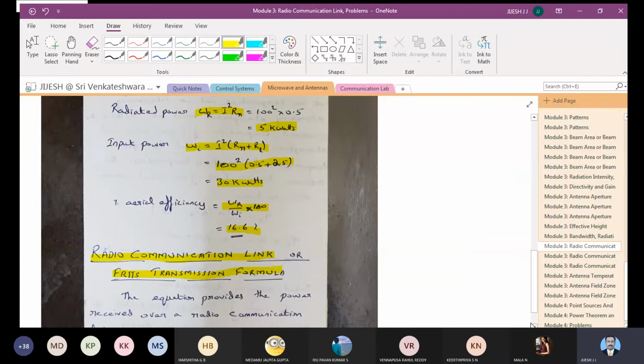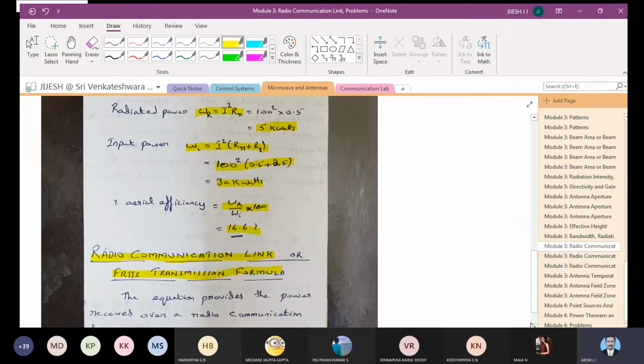So we have an equation in order to find out how much power is getting radiated. See, you have a transmitter antenna and a receiver antenna, kept at a distance of 10 meters, or you can say kept in a line of sight of almost 20 meters. If you transmit a signal at the transmitter end, you will get the signal at the receiver end. So what is the power at the receiver end?